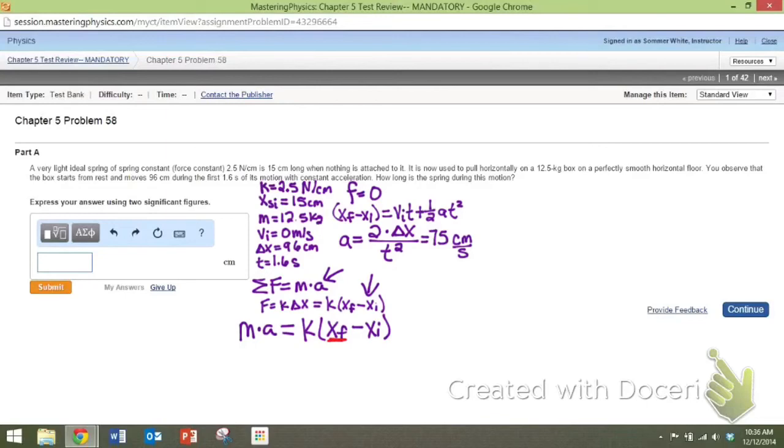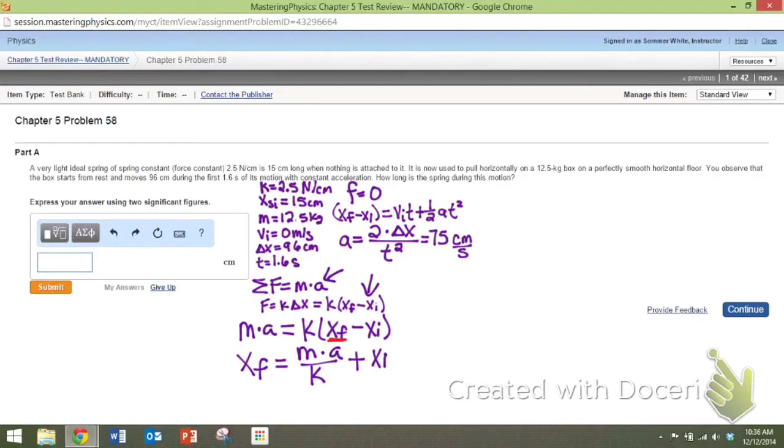When I rearrange the equation with the use of algebra, I end up with xf equal to m times a divided by k, plus xi. All right, so our xi was in centimeters, our k is in newtons per centimeter, our acceleration is in centimeters per second squared,